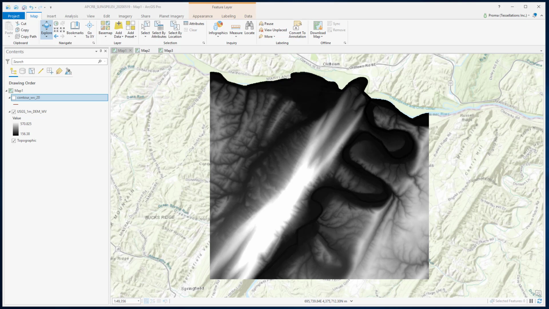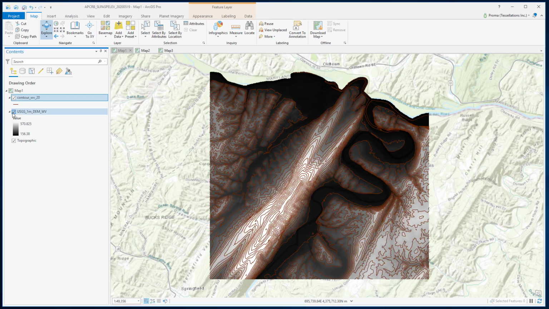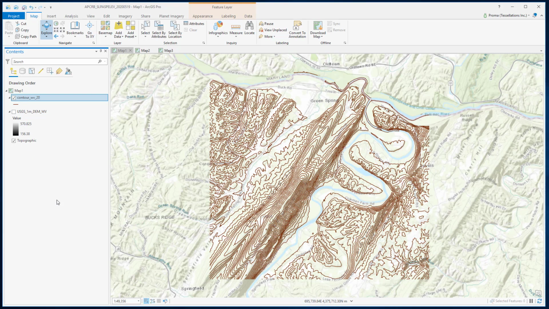Contour lines are defined as the lines joining points with the same elevation from a raster elevation dataset. In this exercise, I am using the 1 meter DEM data. Now this is the contour data that we had generated in our previous exercise using the contour tool. As you can see, this data does not look like the professional USGS standard contour maps.